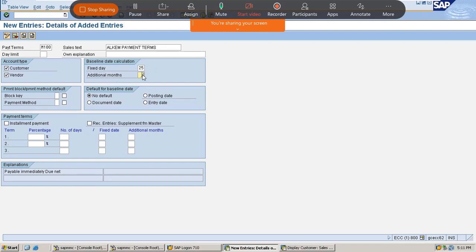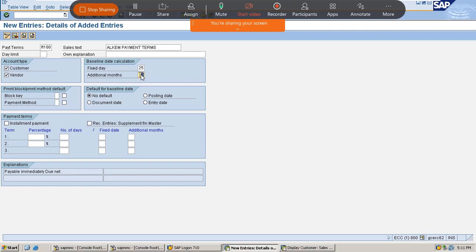For example, if we give 1 here, then after creating the invoice, the system will wait 1 more month, then the system will start calculating the payment terms. Means after 1 month, it will start calculating.